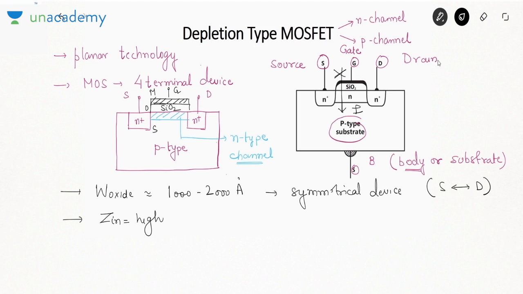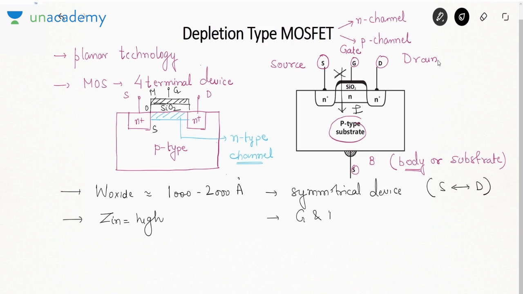When we were studying BJT, recall that I told you the emitter has the highest doping, the collector has the lowest doping, and the size of the collector is maximum to dissipate energy. That means in a BJT, emitter and collector are not identical to each other, but in a MOSFET, the source and the drain regions are identical, so they can be interchanged. MOSFET is a symmetrical device.